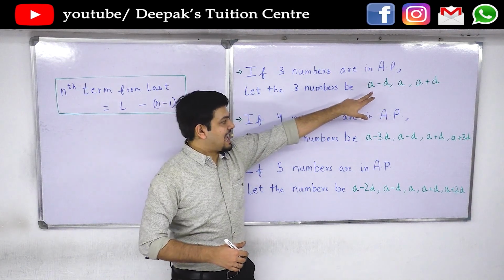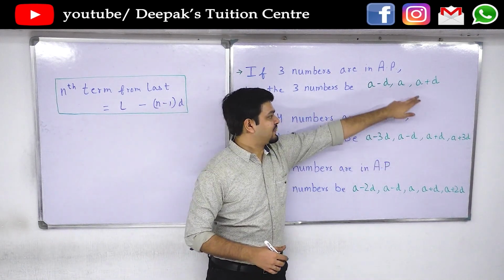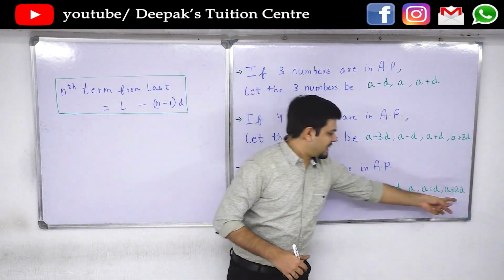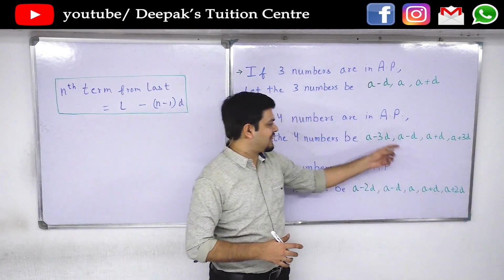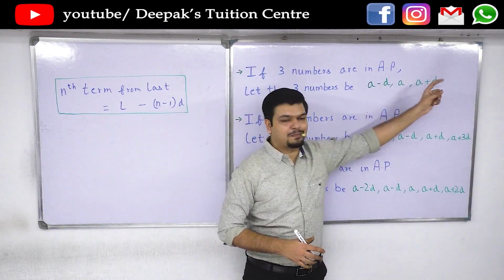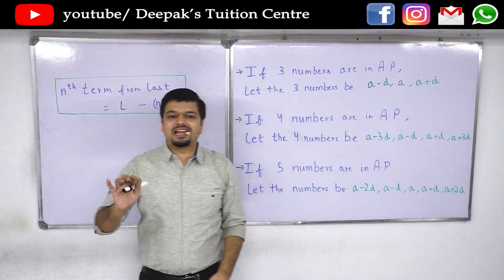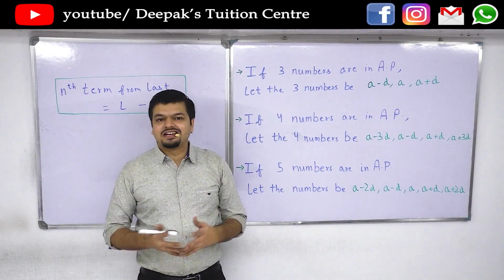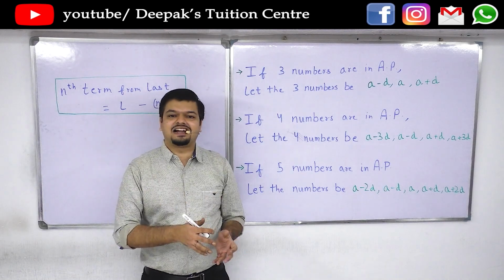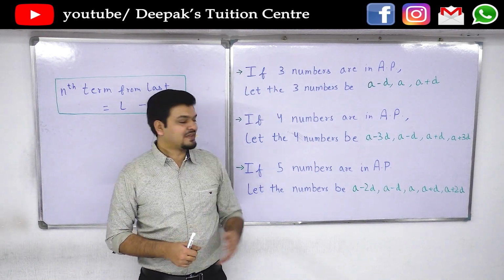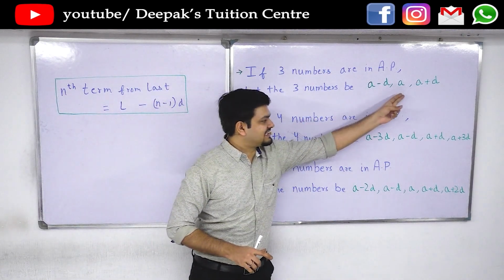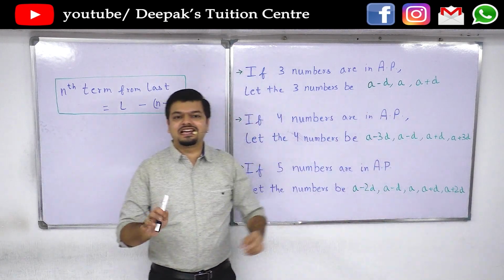If you observe, every term is so designed that if you add all the terms, D gets eliminated. Minus 2D plus 2D is eliminated, minus D plus D is eliminated, minus 3D plus 3D is eliminated, and the only equation left is in terms of A, so you get the value of A. There must be other information in the question, so you can use that to calculate the value of D as well. These are helpful when you know that the sum of these 3 terms or 4 terms or 5 terms is already known to you.